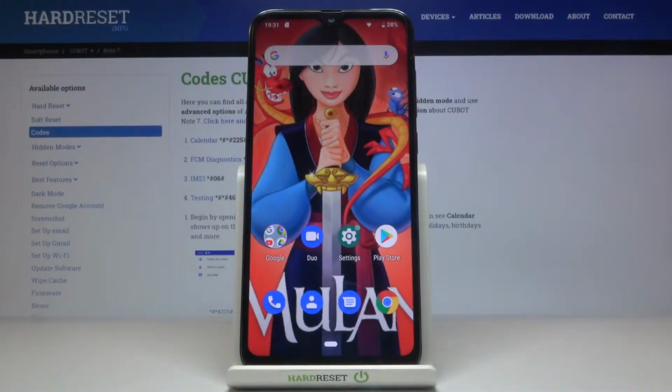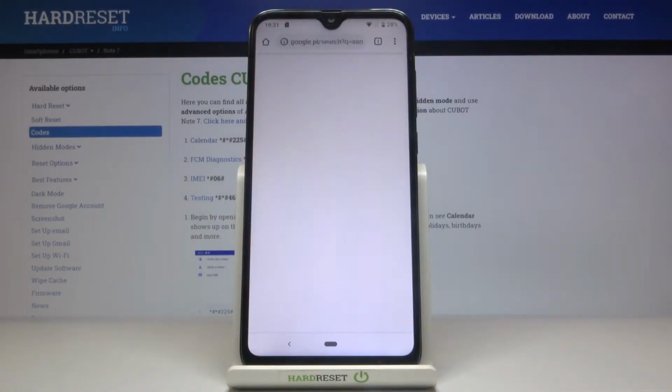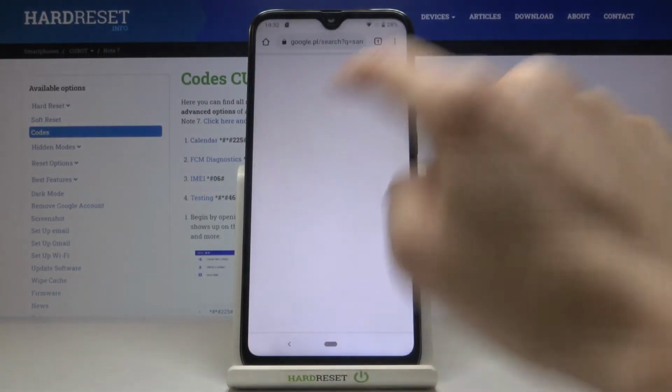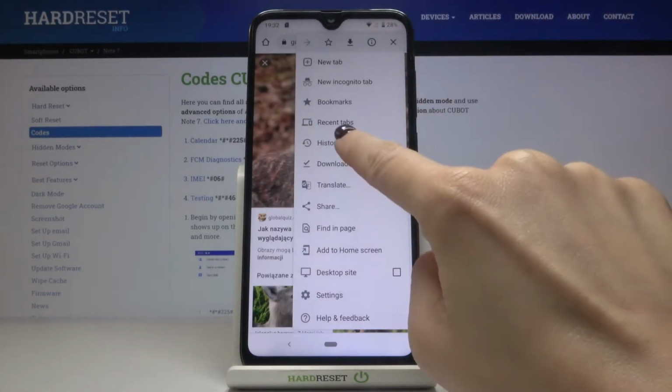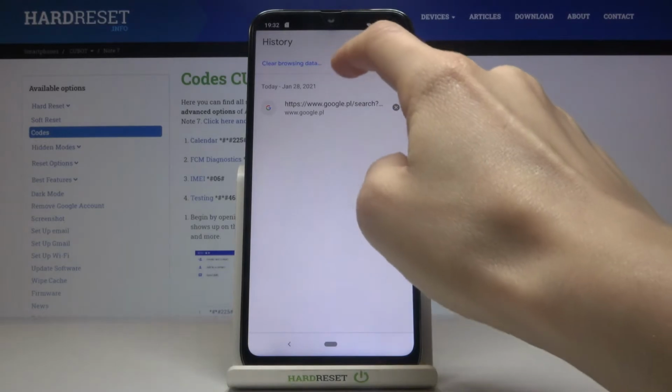In front of me is CUBOT Note 7, and let me show you how to clear browsing data on the following device. So first of all, you need to open the browser that we are using, in my case it is Google Chrome, then tap on More icon and select History. Here tap on Clear Browsing Data,